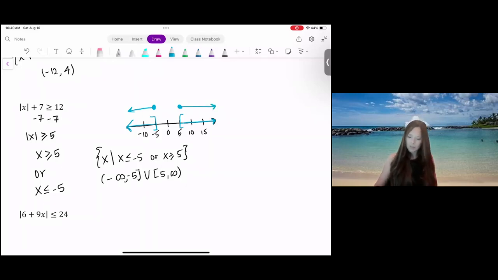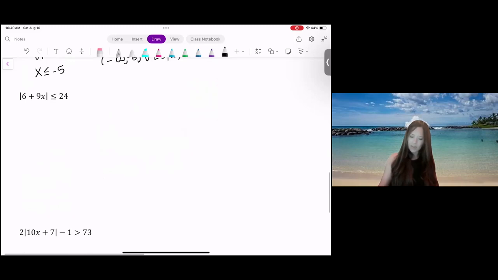Moving on to our next problem. We have the absolute value of 6 plus 9x is less than or equal to 24. I have the absolute value on the left-hand side by itself. I have a less than symbol. I'm good to write this as an and inequality. So I can say -24 is less than or equal to 6 plus 9x is less than or equal to